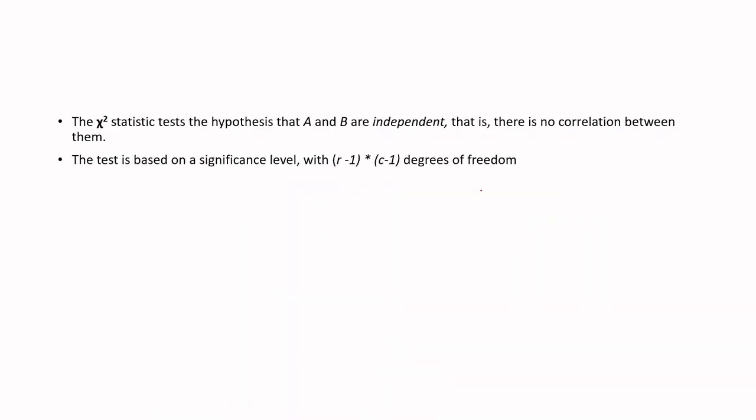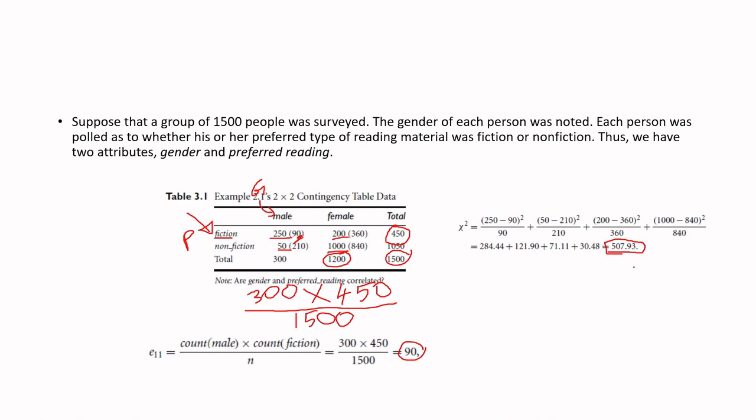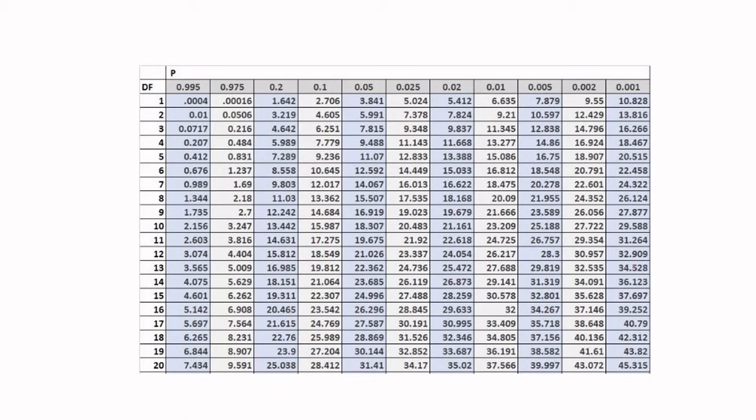Now how do you actually decide on that? അത് ഡിസൈഡ് ചെയ്യുന്നത് ഇനി നമുക്ക് what we have to know is what is known as a significance level and degrees of freedom. ഈ രണ്ട് വാല്യൂസും കൂടെ കിട്ടിയിട്ടാണ് we will look at this chi-squared value in a lookup table. ഈ chi-squared distribution corresponding ആയിട്ട് there is a table like this, standard table ആണ്. Okay, and to look it up you have to find out what is the degree of freedom associated with this particular example, and also what is a significance level.